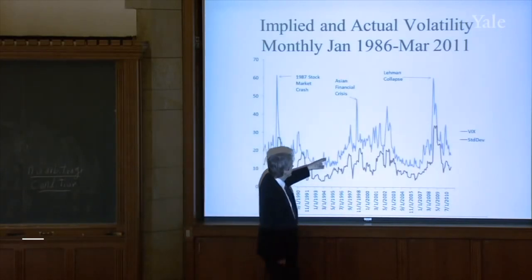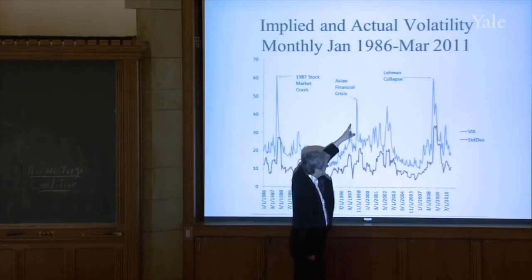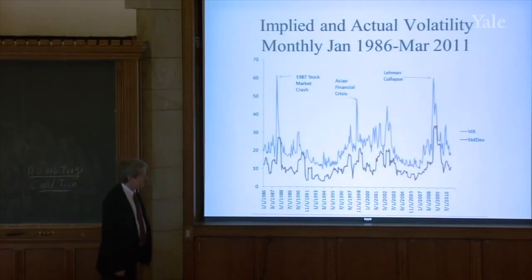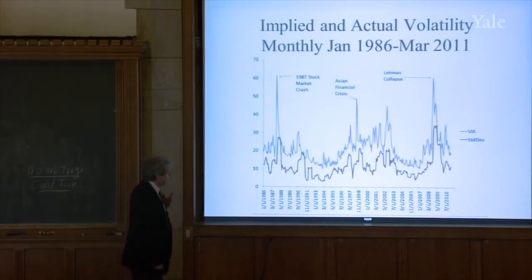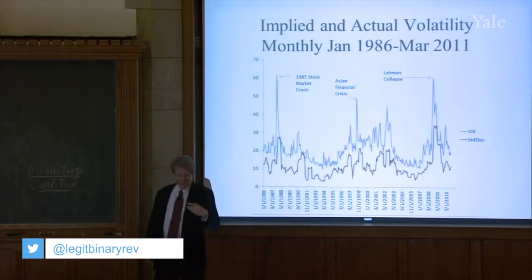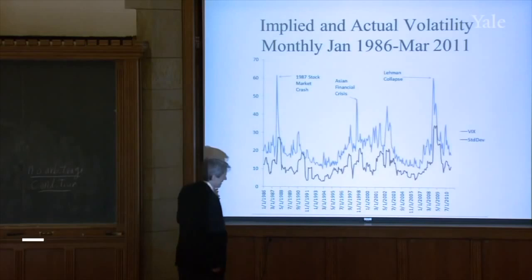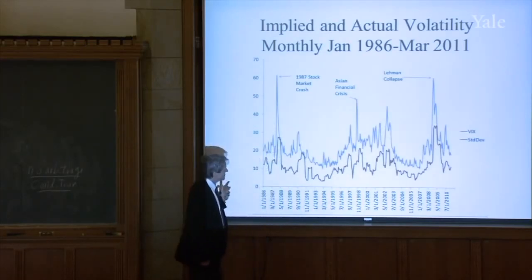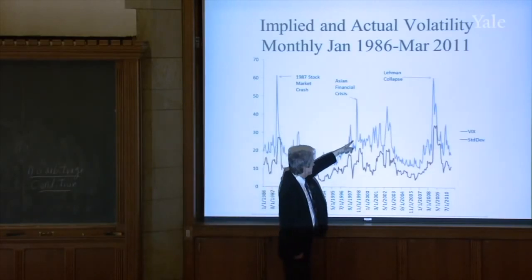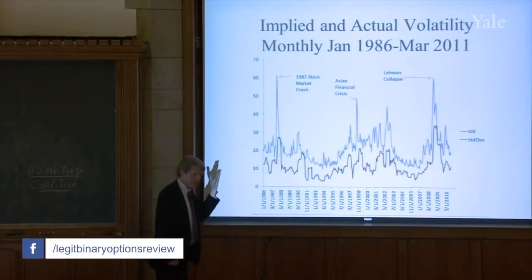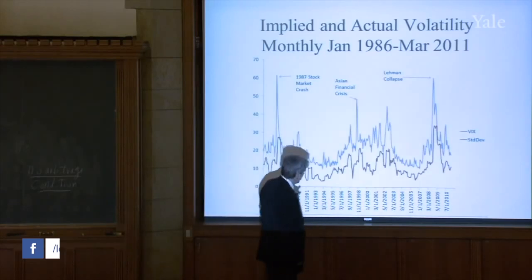There's a couple other spikes that I've noted. The Asian financial crisis occurred in the mid-1990s. Now, that is something that was primarily Asian, but it got people anxious over here as well. It was Korea, Taiwan, Indonesia, Hong Kong, these countries had huge turmoil. But it came over here in the form of a sudden spike in expected volatility. People thought things could really happen here. So all the option prices got more valuable.